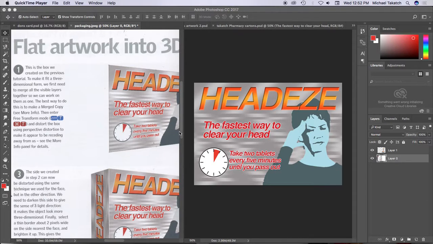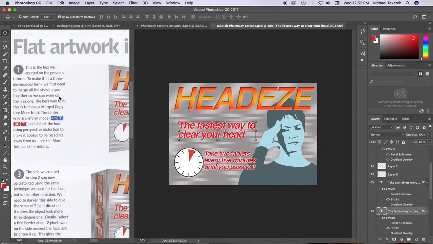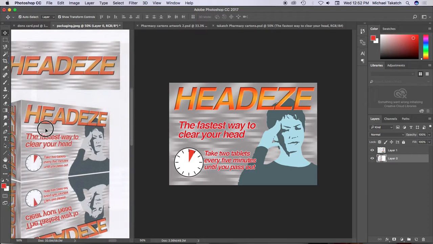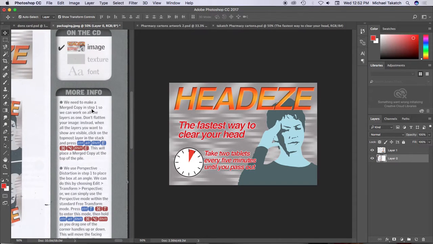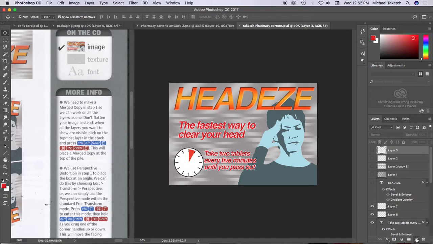So here's the previous part. You made this carton facade, at least the artwork, in one section. So it's trying to put all the works together so you can use them in perspective to distort it. When you take a look on the right-hand column for more information, it gives you the information for creating this layer. So if you go to the top piece, you can create a new layer and hit